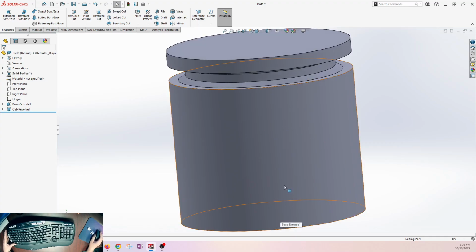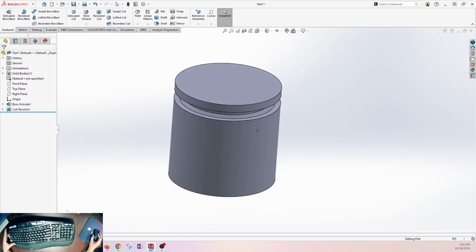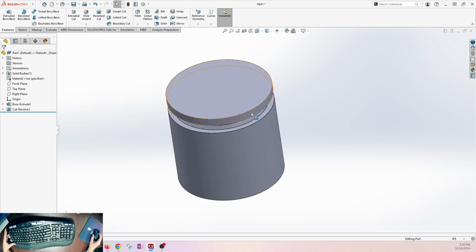All right, so that is a simple revolve cut. One other thing I thought would be nice to help you with right now, since we're talking about round parts, is controlling the location of sketches on a flat surface that has a round edge. Okay, so this being a circular edge, let's go in and say, okay,